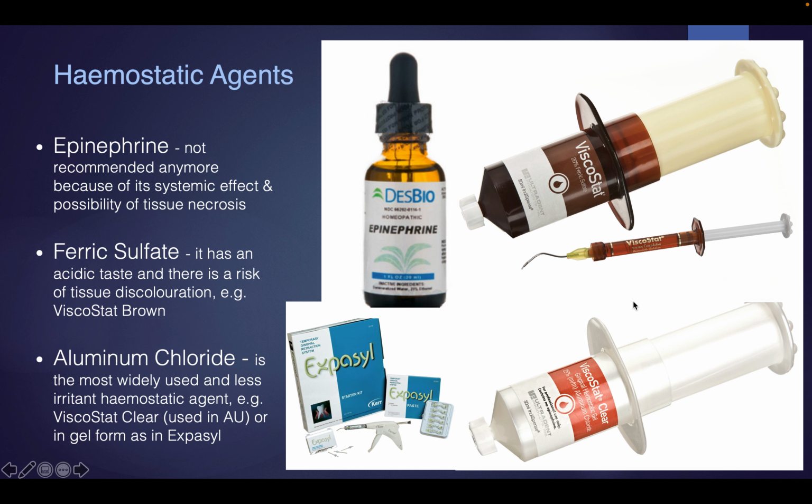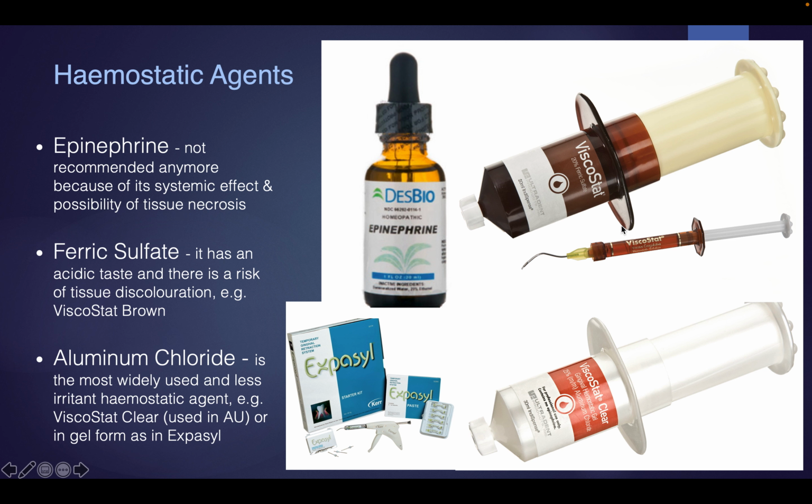Now, ferric sulfate, which is the Viscostat brown, okay, is very acidic. It gives a beautiful gingival retraction and for a longer duration, but it causes two problems. It's brown, it can cause yellow discoloration, and it's more acidic and it can cause damage. So it shouldn't stay in the sulcus very long, or it will cause gingival